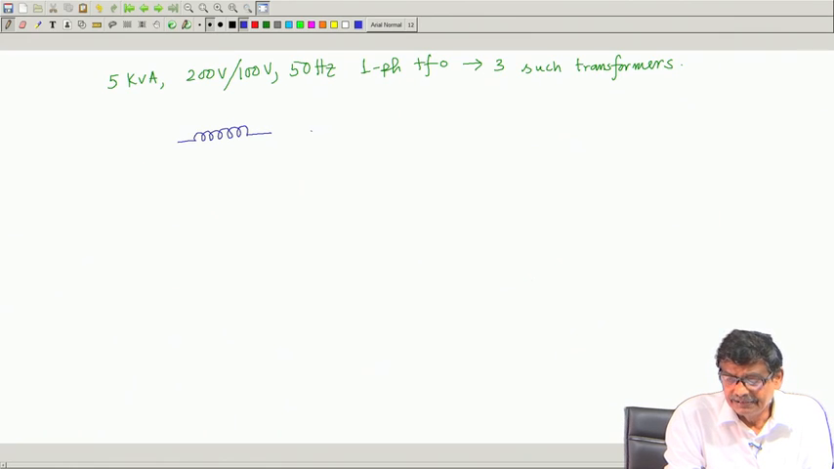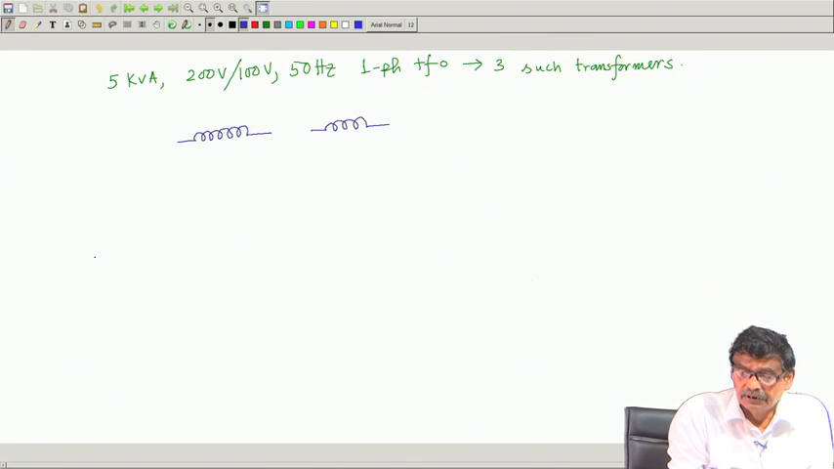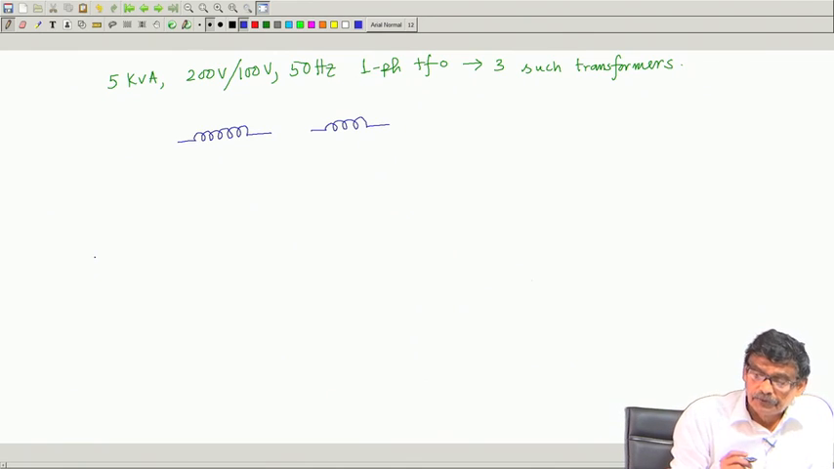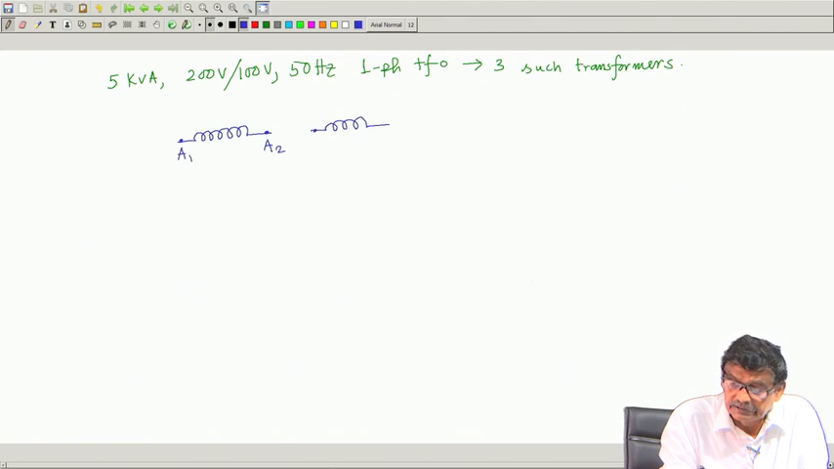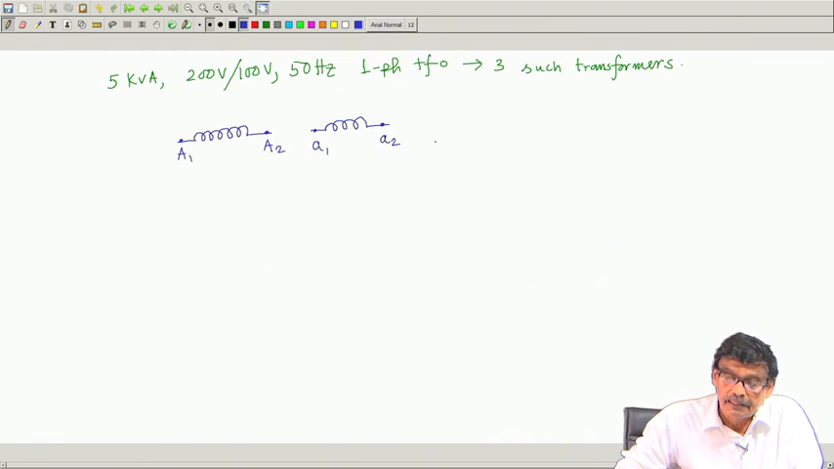Its primary, and this time for convenience I am sketching the secondary of one transformer like this. Okay. And I will mark the terminals as A1 and A2. Generally capital letters are used for the high voltage side, and small letters I will tell, it is a1, small a2, lowercase letter, and this is capital letter. So, this is one transformer,